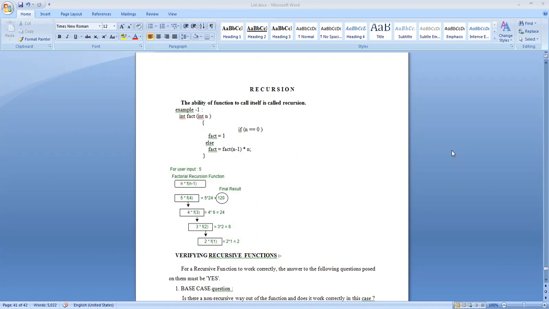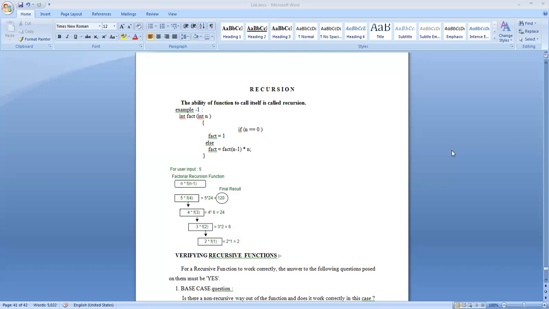You are already familiar with recursion. You have studied it in C language. So what is recursion? The ability of a function to call itself is called recursion.